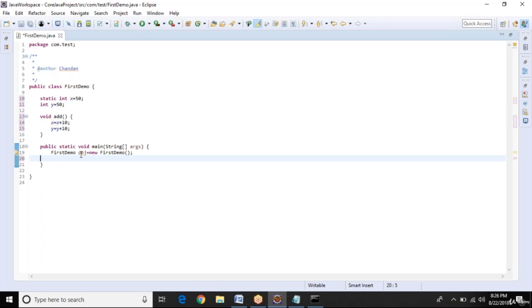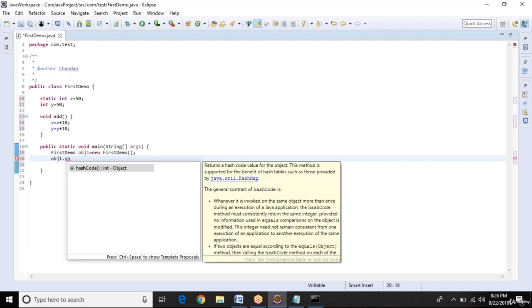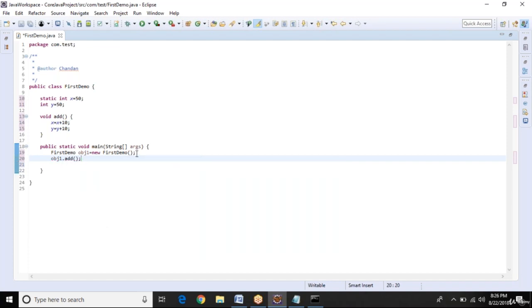Okay, so I have created here one object obj1, and now I am going to call this method, obj1.add.